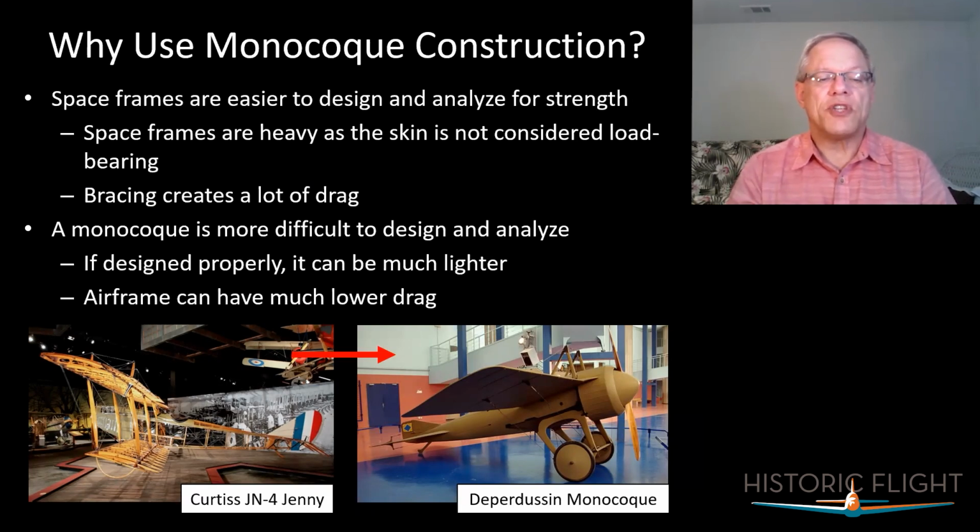Witness the Curtiss Jenny down there in the lower left, a classic example of a space frame. The monocoque is more difficult to analyze because now you have a shell carrying loads, and there were theories for doing that. I remember learning them in college, but nowadays with finite element analysis, it's a lot easier to analyze monocoque or semi-monocoque. But anyways, if it's designed properly,